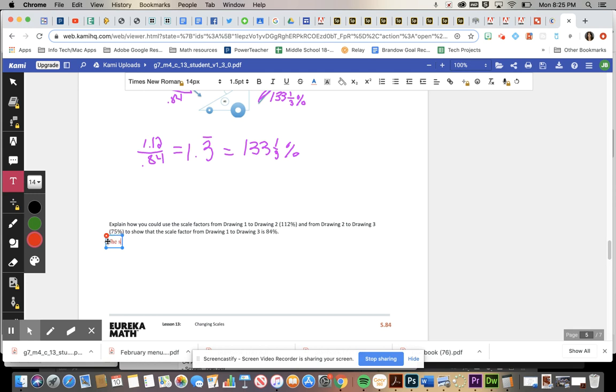If the scale factor from 1 to 2 is 112%, and the scale factor from 2 to 3 is 75%,